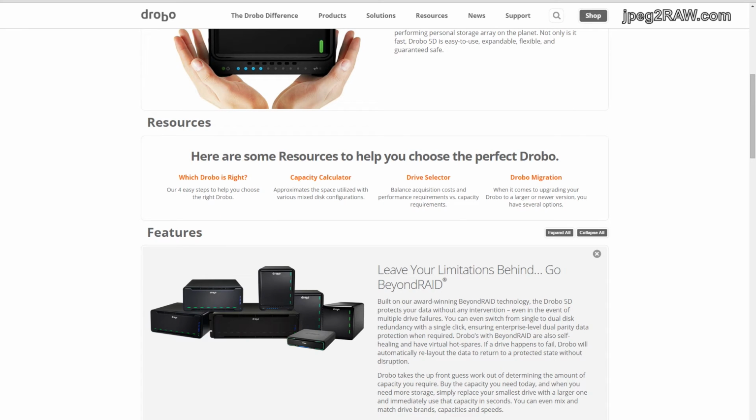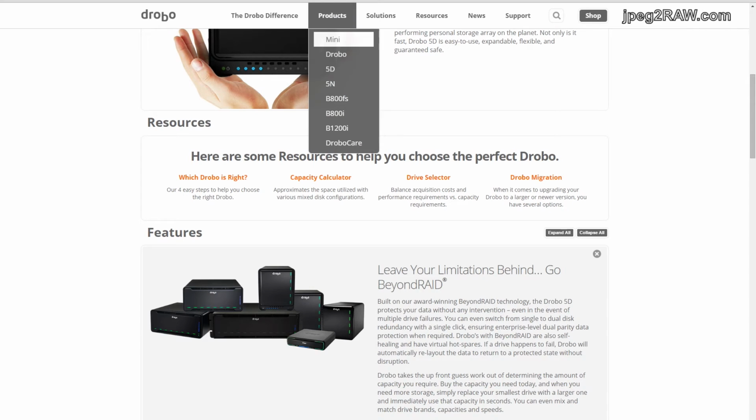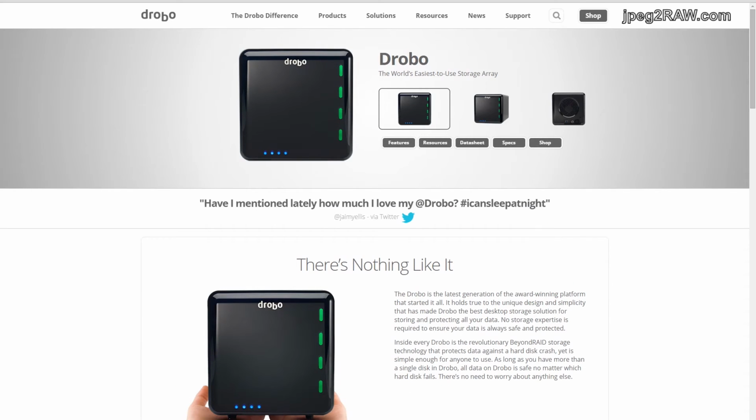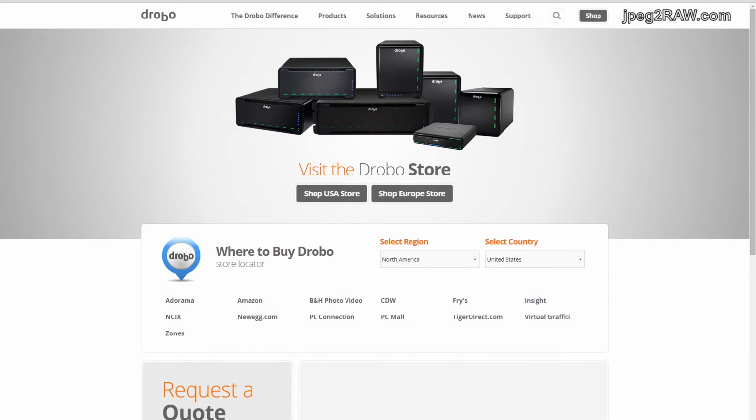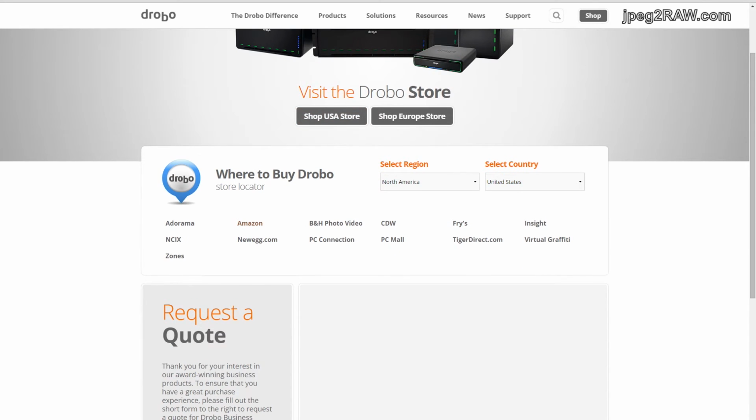That's what I'm trying to do, is find one that's got the right size. That one up top is 4 bays. This one here? Yeah, it's only got 4 lights on it, so. Yeah, 4 lights. So how do we see the shop? We'll go to shop. And we'll go to Amazon.